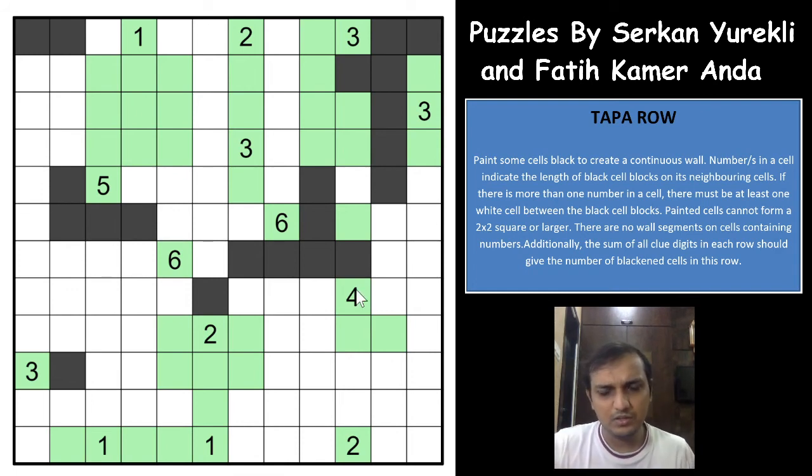For the 4 here, one of the 2 cells can be shaded, second cell is shaded here, third cell will have to be shaded somewhere here, and that again is the same logic, guys. The same logic is coming again and again. Awesome. For the 4 shaded cells here, let me mark that both these cannot be unshaded because the 4 clue will be stranded here. One of these 2 cells will have to be shaded, right? One of these 2 cells will have to be shaded for the 2 clue.